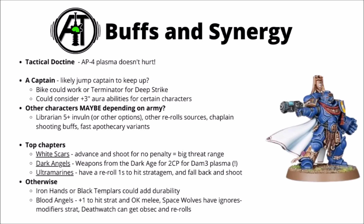have Rune Priests jumping up the board to support them with cover perhaps, and Deathwatch have that Dominus Aegis relic, plus can get objectives secured out of their kill teams and all manner of rerolls. In general though, I'd consider the Tactical Doctrine nice but not massively necessary. AP-3 is plenty. A captain I think is generally going to be wanted if you're fielding a whole ton of